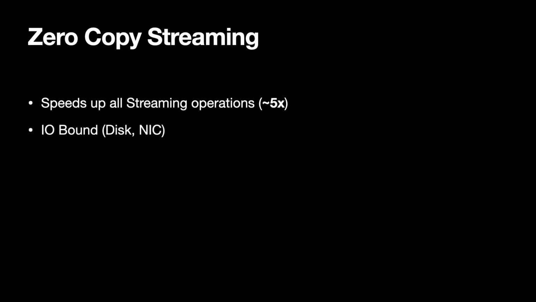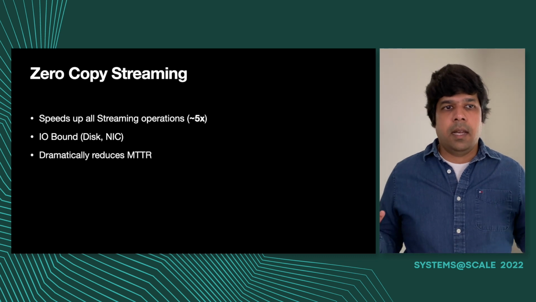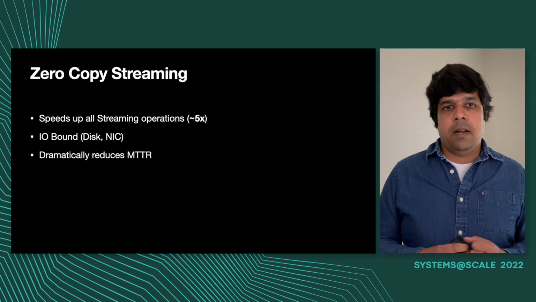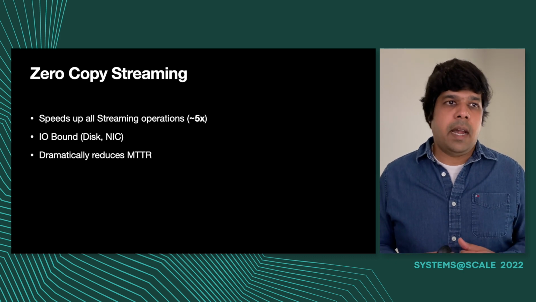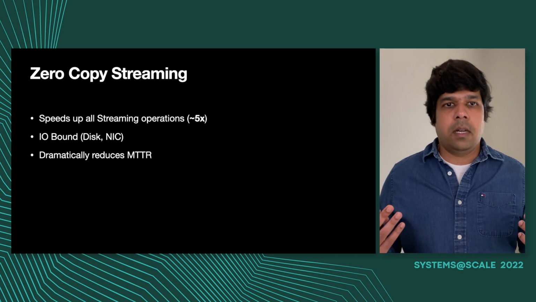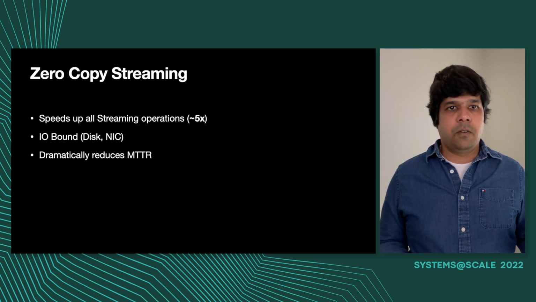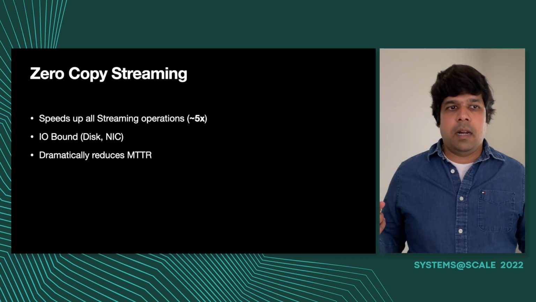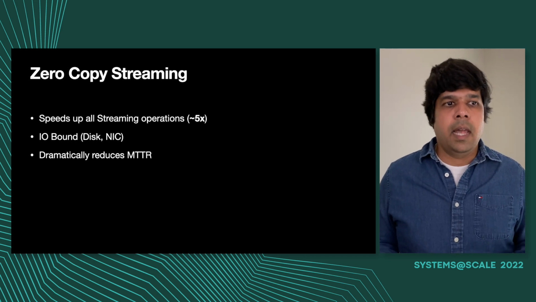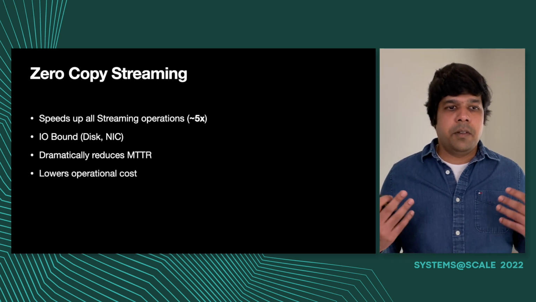The operations are now IO bound, which means they depend on the speed of your disk and the speed of your network interface card. With these changes, Cassandra can replicate its data without really involving the CPU. It only depends on your network. As a consequence, it has a dramatic improvement in the mean time to repair, which is the time it takes for you to repair a down node and replace it with a fresh node. And this is overall reducing your operational cost